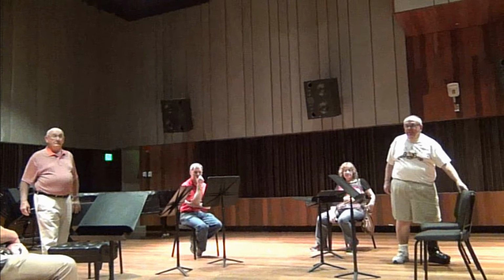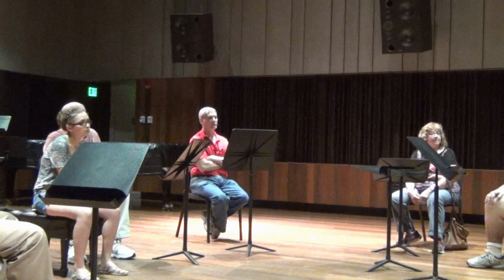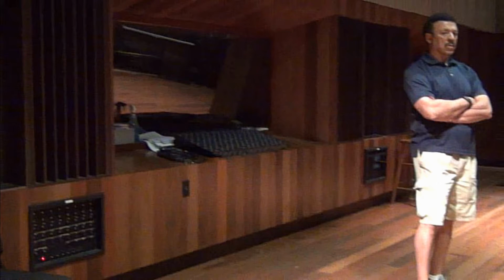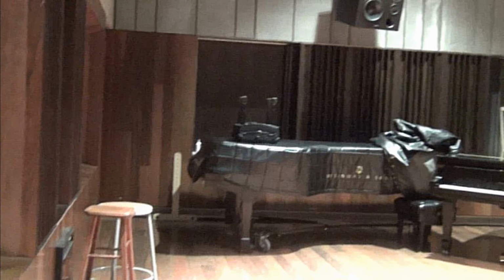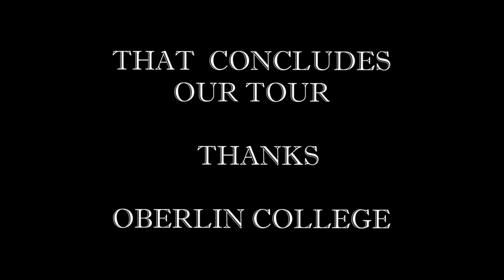There are also practice rooms on that floor, and those practice rooms have built-in audio recording and playback. So that's a really cool use of technology. We want to give the students the ability to record themselves. Not really worth looking at because they're just practice rooms with a black box of recording equipment in them, but it's just cool to know that we're trying to implement technology even within just the practice spaces. And then down here on the first floor,